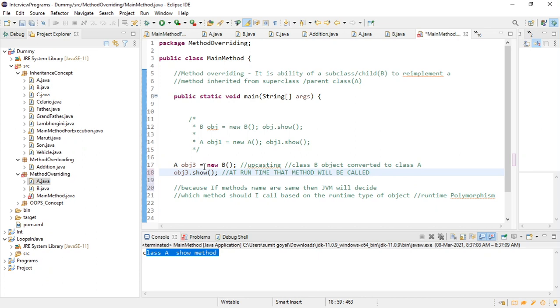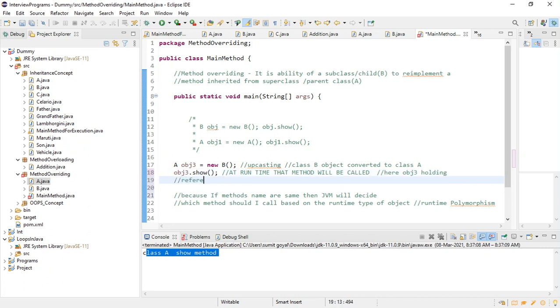That particular method will be called, like if I say this object will be created of class B, and then obj3, like if I write here, obj3 holding the reference of class B, right? Here obj3 is holding the reference of class B, and the method names are also same.